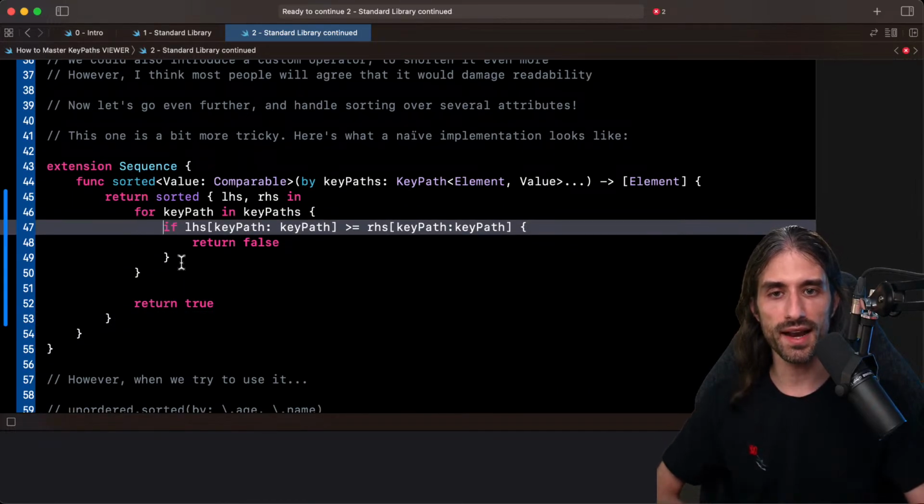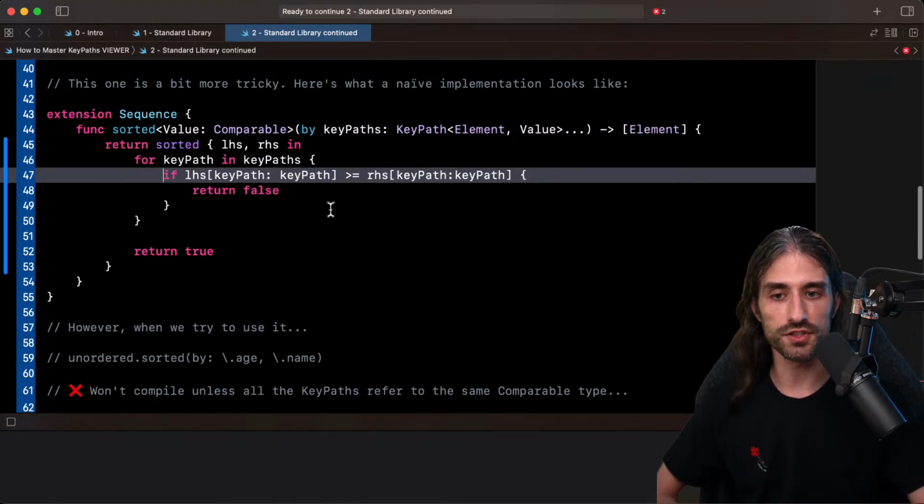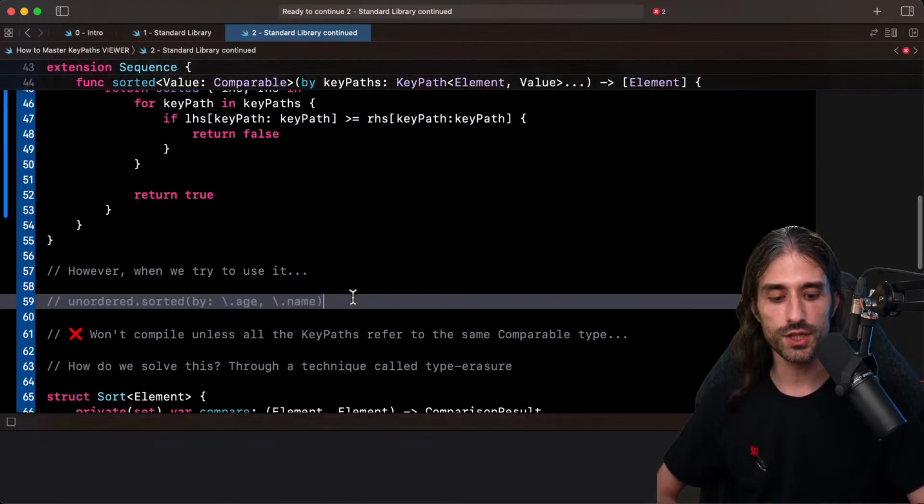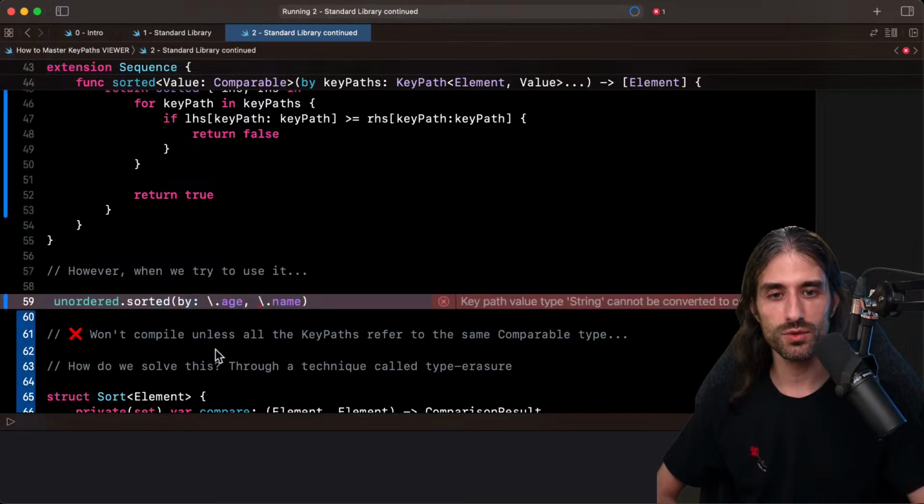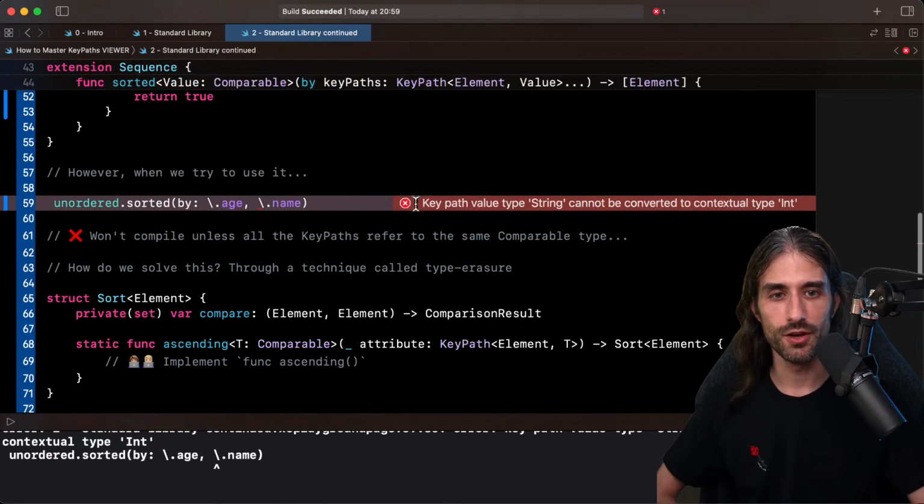So this code allows you to sort in increasing order using more than one key path, so using more than one property. However, if we try to use it, we are going to see a very interesting error. You can see it says key path value type string cannot be converted to contextual type int.